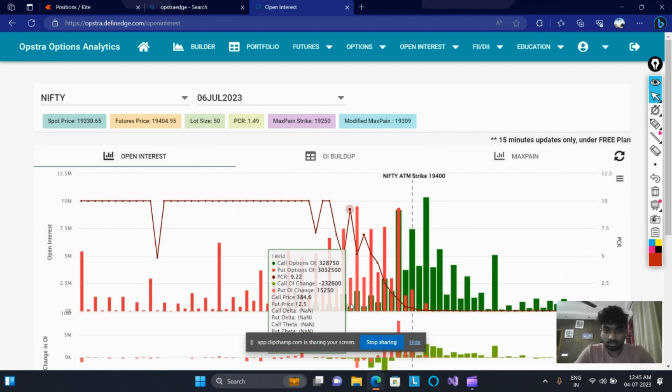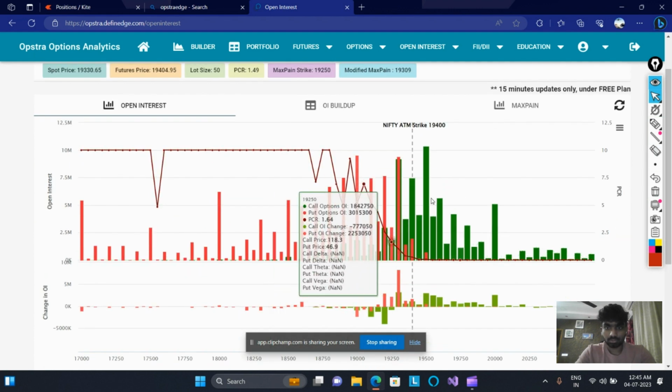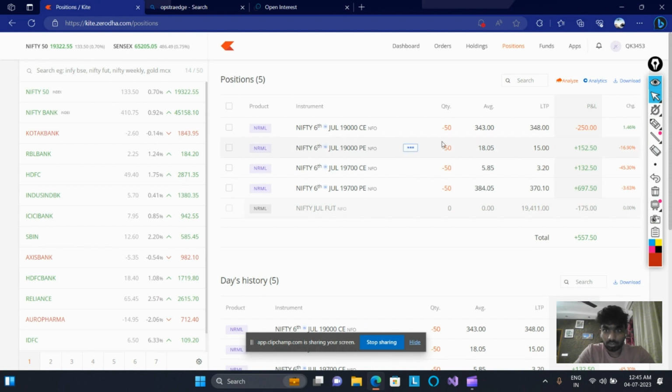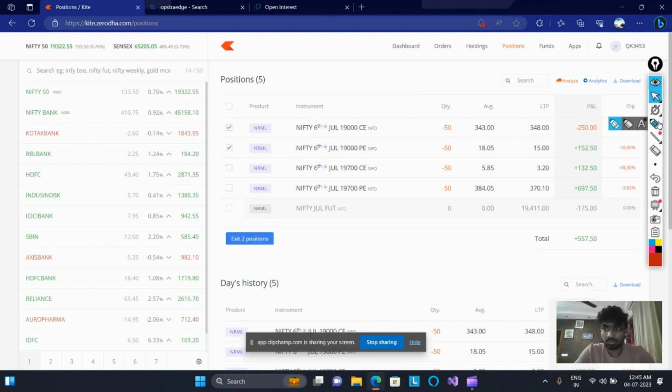So based on this understanding, based on this range, I've sold a put option and a call option. What I've sold is the 19,000 call and put option, and then also I've sold 19,700 C and P. So basically it's like a range. So my range will be from,